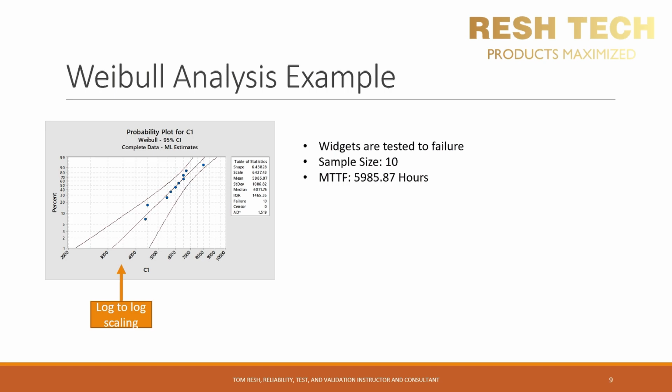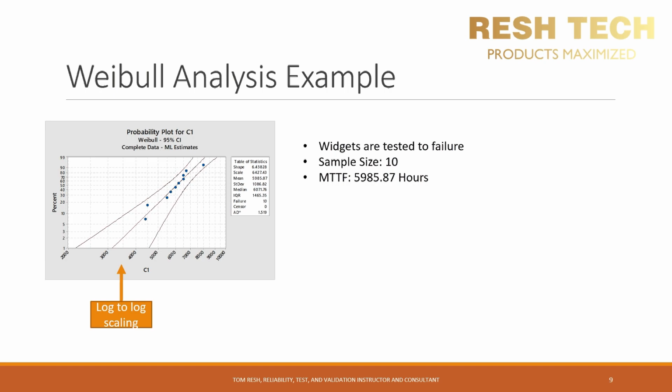Getting back on track here, the top and bottom curves on the graph are our bounds for the confidence interval, which is a 95% confidence interval for this example. Notice how the lower part of the top and bottom curves tend to flare out. This is the margin of error that we have allowed. In this case, it's a 25% margin of error. The MTTF was found to be